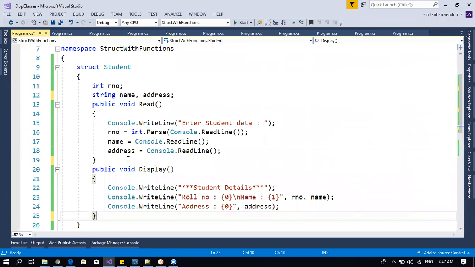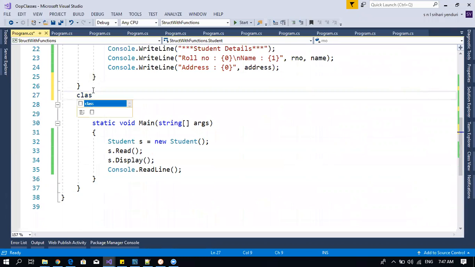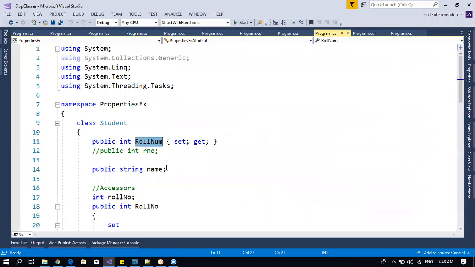Understood what I'm saying? For example, I created one class, the properties example. Here we created one property, roll number. I don't want to allow the user to set the value. That time we can put it like this,